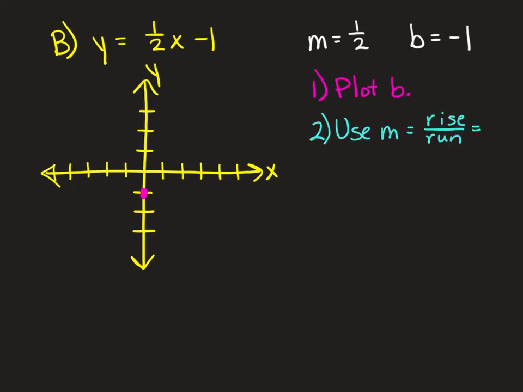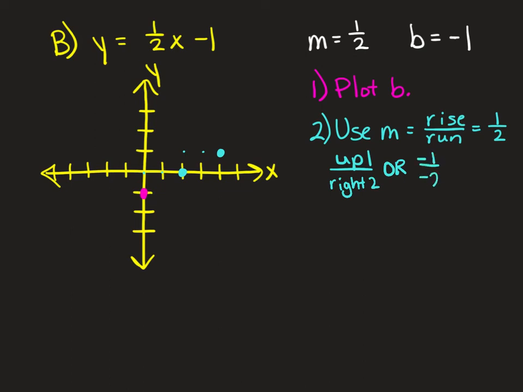Then we use m, the slope, rise over run, which is 1/2. That tells us, since they're both positive, positive 1 means we're going to go up 1. Positive 2 for the run means we're going to go right 2. So from the starting point, the y-intercept, we're going to rise 1, right 2. Rise 1, right 2. Or we could go the other direction, which is where we change both signs,